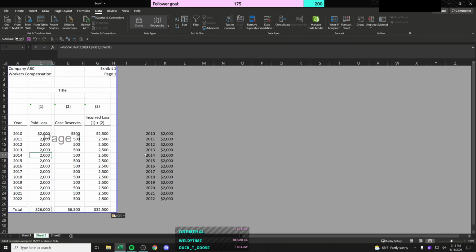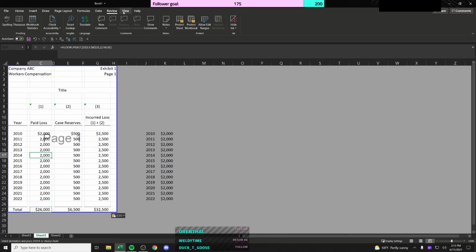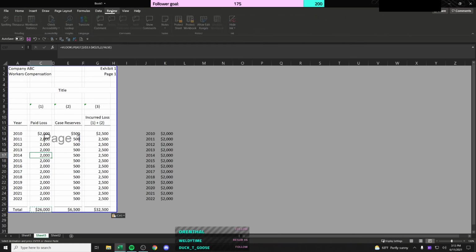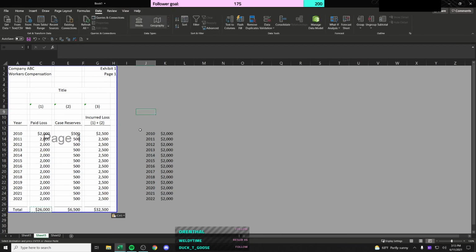Yeah, there's just a lot. I don't know Visual Basic macros or anything. That's the developer tab, which I don't have here. Basically, you can create code to do simple things to be more efficient. If you have to do a copy and paste, you could do a copy paste macro. Just run the macro and what